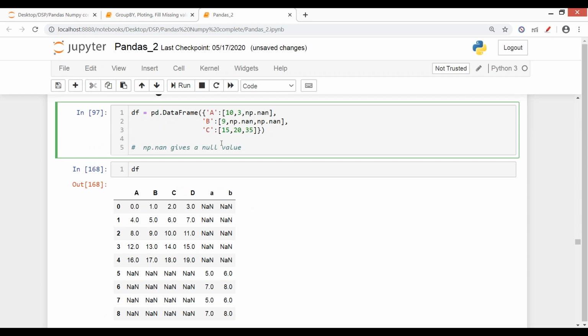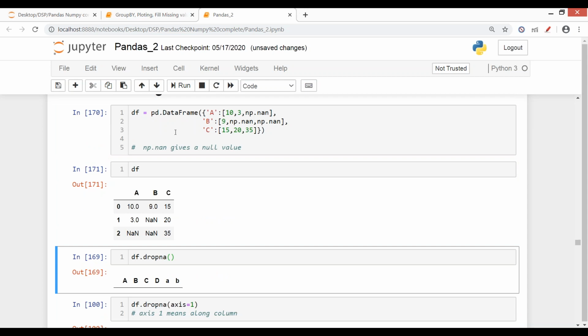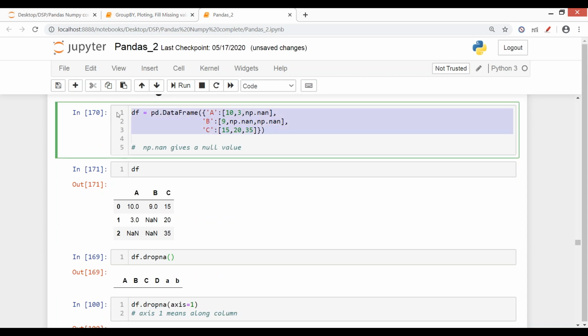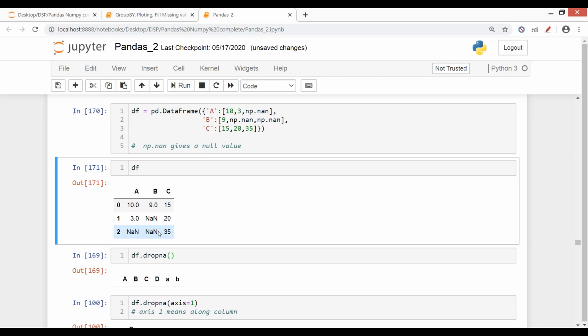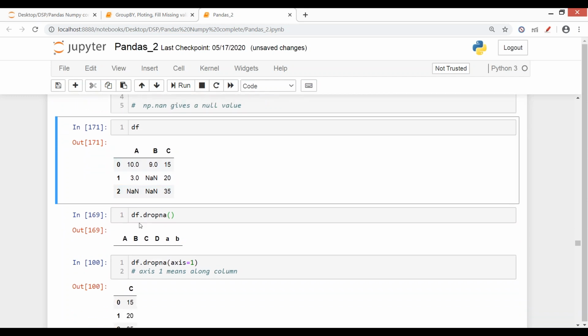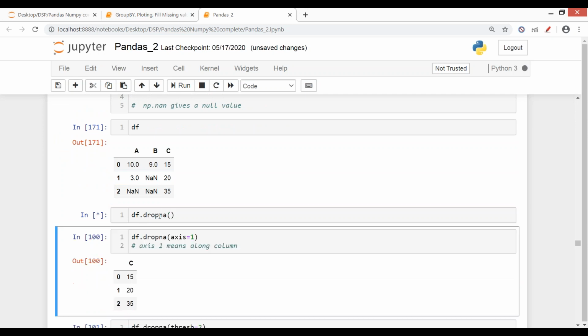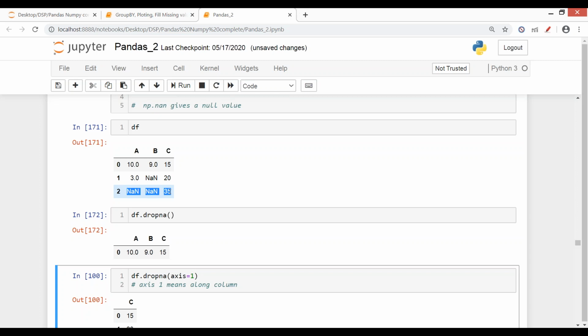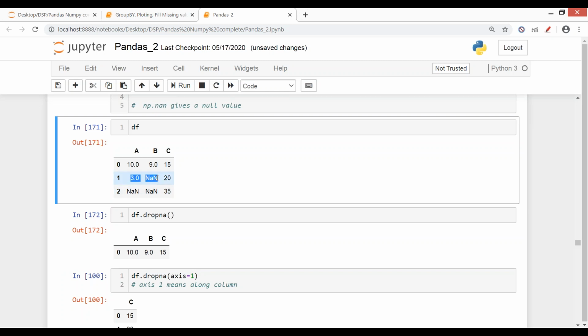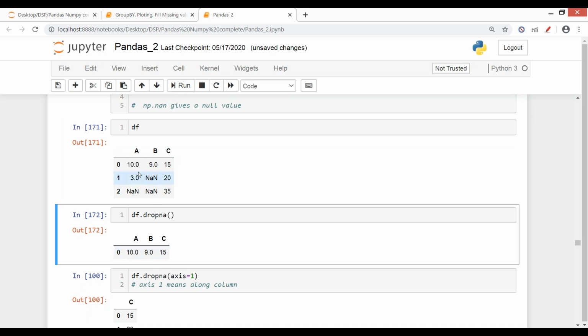So let me just define this data frame so that all values are not deleted. So in this data frame, let me just send you out in the chat window. हाँ जी, send कर दिया Disha. So this is my data frame where in column A last is missing value, in column B we have 2 missing values. Now I want to drop all the NaN values where we have in my data frame. So df.dropna, when I run this command, see this row number 2 had NaN values, they are dropped. Row number 1 had NaN values, they are dropped. And you see we do not have any NaN values in row number 0. So we got the row number as 0.